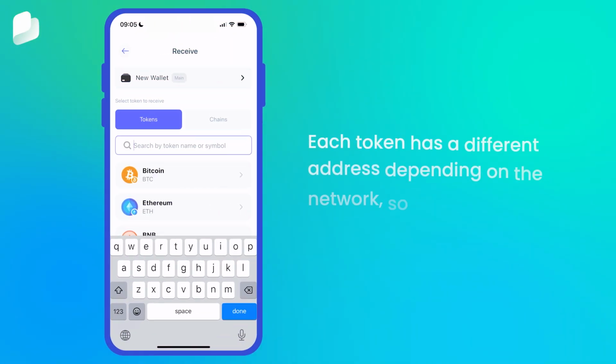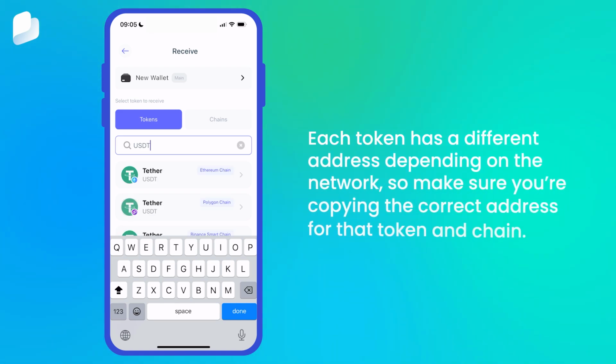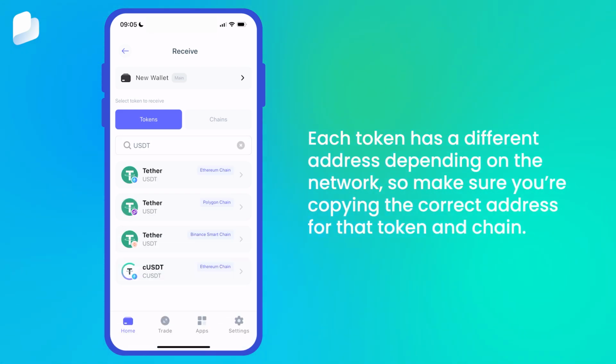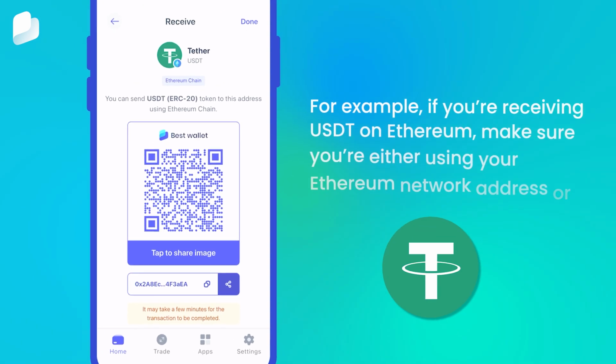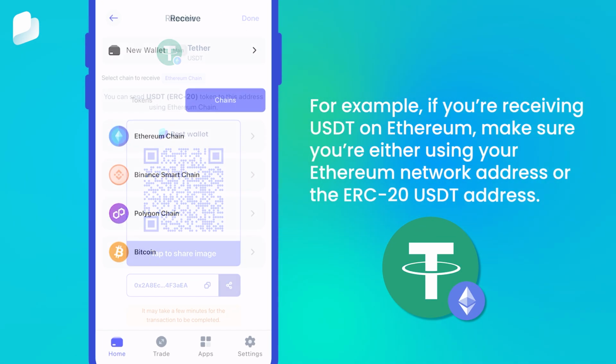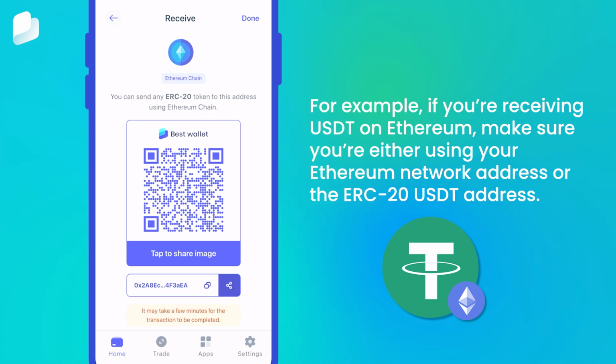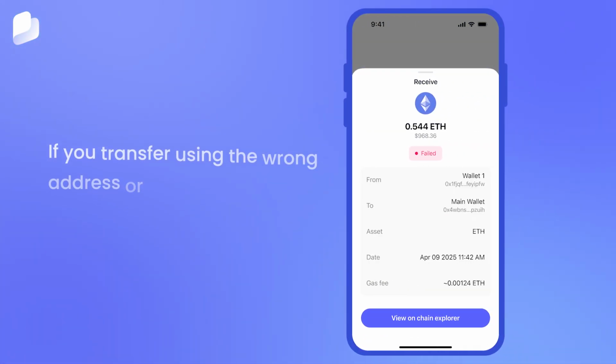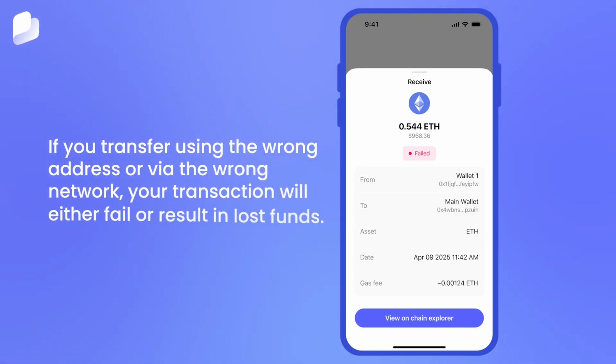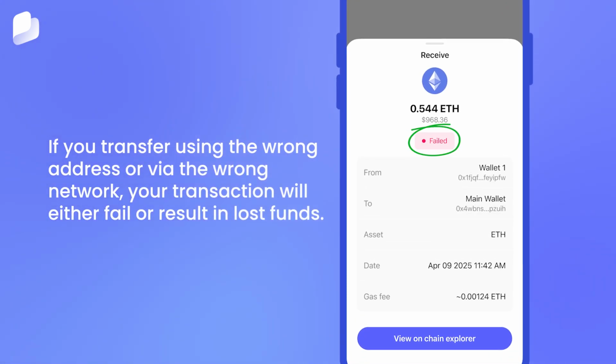Each token has a different address depending on the network, so make sure you're copying the correct address for that token and chain. For example, if you're receiving USDT on Ethereum, make sure you're either using your Ethereum network address or the ERC20 USDT address. If you transfer using the wrong address or via the wrong network, your transaction will either fail or result in